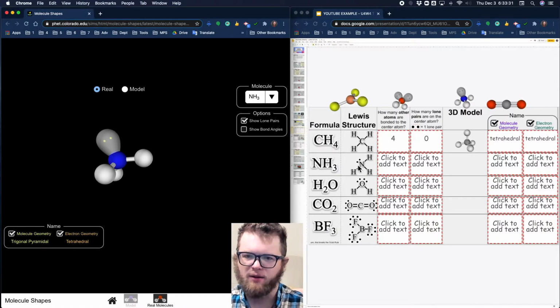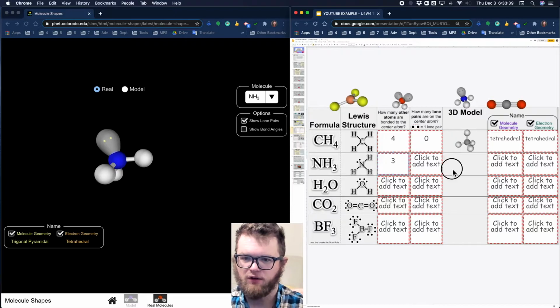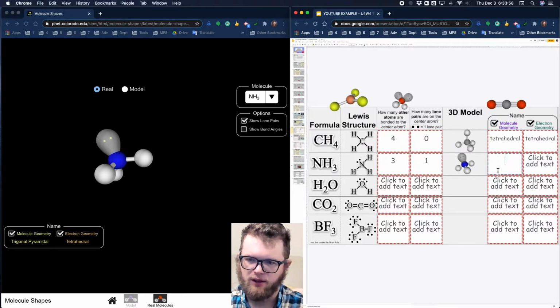How many other atoms are bonded to the center atom? Well, here we've got nitrogen as the center atom, and we've got 1, 2, 3 hydrogens bonded, so we'll say 3. How many lone pairs are on the center atom? Well, it looks like we have 1 lone pair. And it looks like this one. So what is the name of this molecular geometry? Well, it is